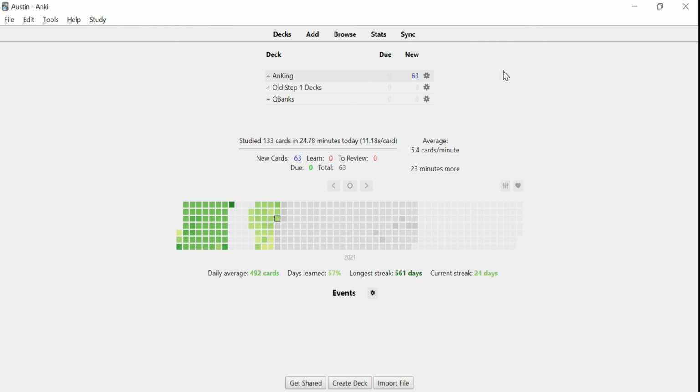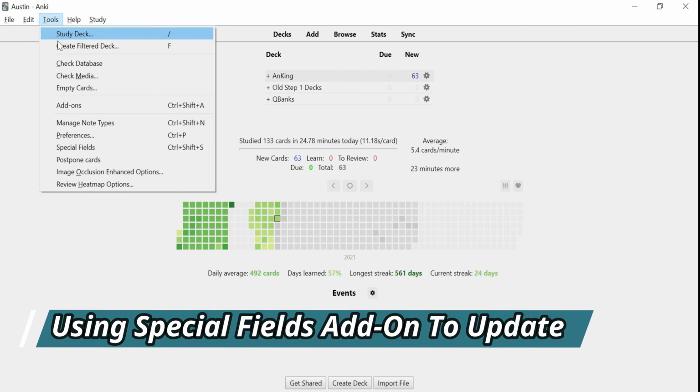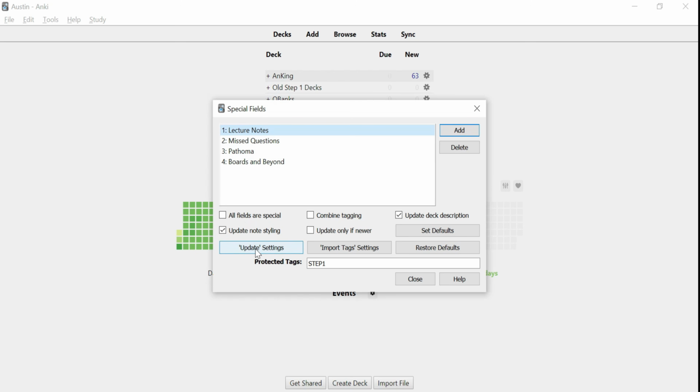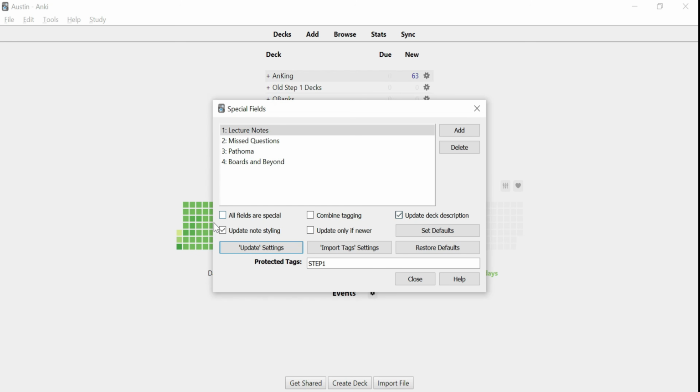Alright, so now that you're back in Anki, all restarted and ready to go, you want to make sure you go in Tools and go on Special Fields right here and configure it to Update Settings, which means you're about to update your deck. So press Update Settings, and now it's going to be checking this Update Note Styling. Pretty much,